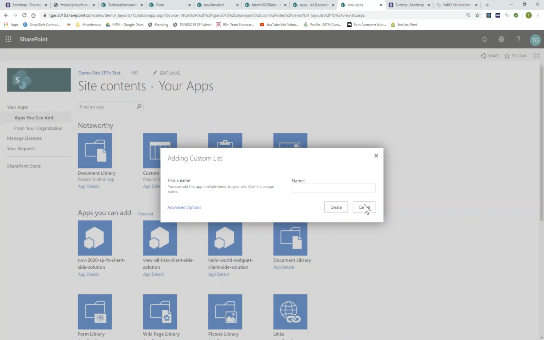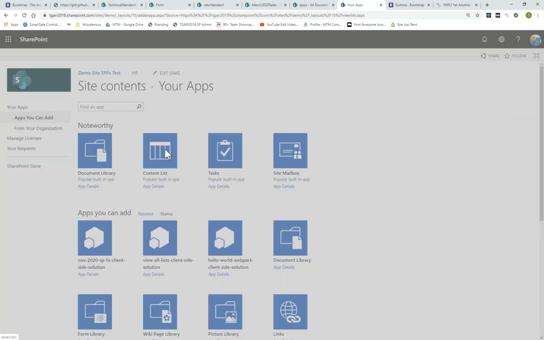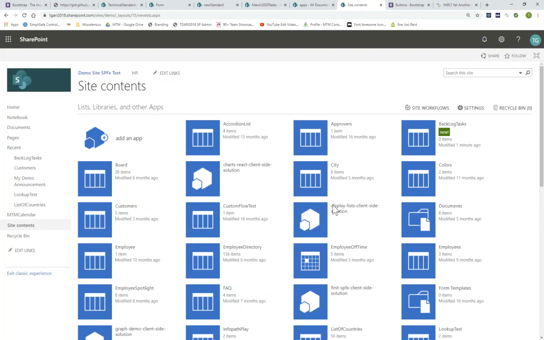So I'm gonna go create a list in SharePoint where we store information. A list is like a database table. I'm gonna go create a list called, maybe I was asked to do some backlog tasks this week, where we will be storing all of the backlog tasks that are related to